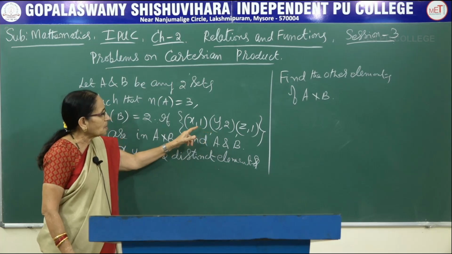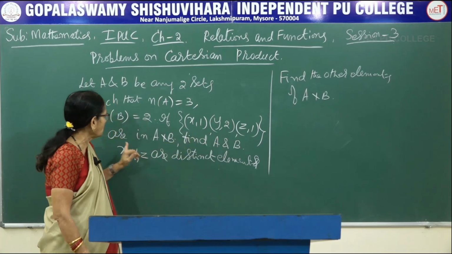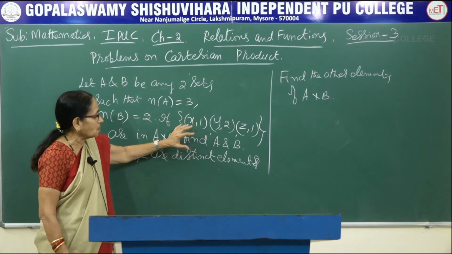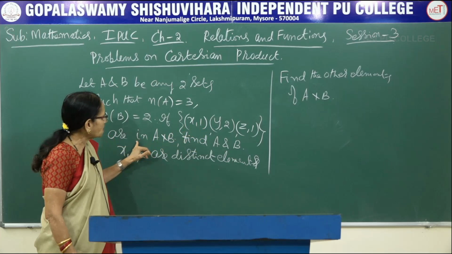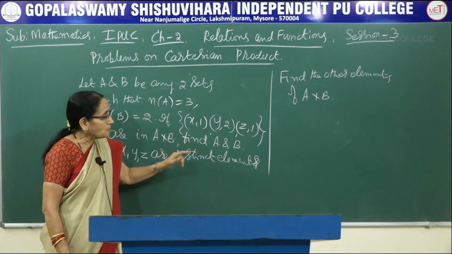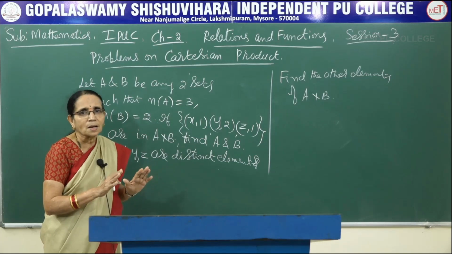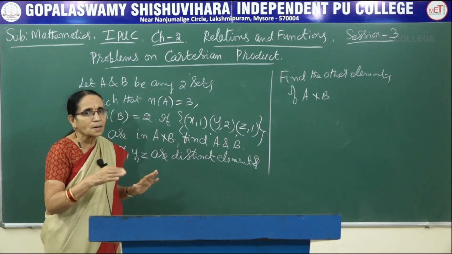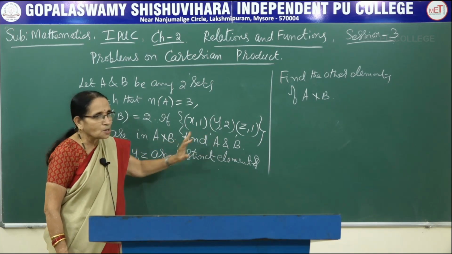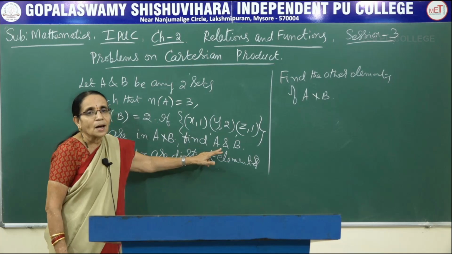Now, some of the elements have been specified in the problem. If x comma 1, y comma 2, z comma 1 are in A cross B, that means according to this first part of the data, there are 3 elements which are in A cross B. Our first problem is find A and B. We have done that in the earlier session. When the Cartesian product is given, you have calculated the individual sets. Same type of problem here. So, here 3 elements have been given. Looking at the 3 elements here, you have to find the elements of A as well as the elements of B.